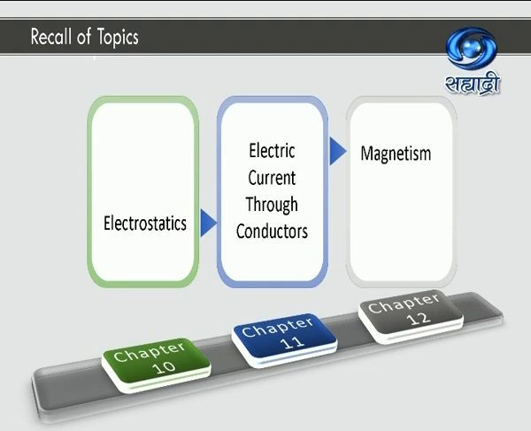In chapter 12, magnetism, we have studied artificial magnets, definition, poles of magnets, magnetic dipole moments, field which is produced around the magnet is called magnetic field, and how to derive expression for magnetic field along the axis as well as equator of a bar magnet. Torque acting on a bar magnet when it is kept in external uniform magnetic field.